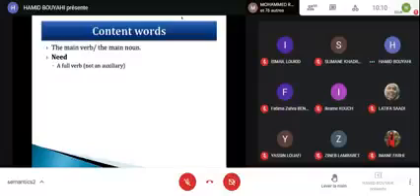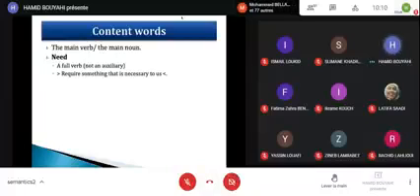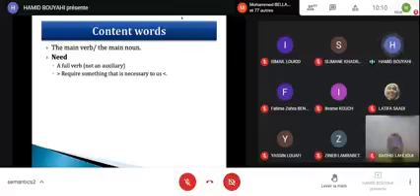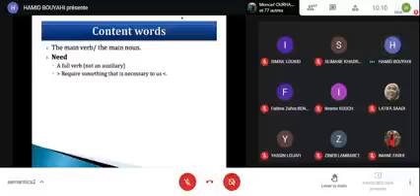Need. So it is a full verb, not an auxiliary. And it means, I had to ask you before, because defining the word need is a bit challenging, it means requires something that is necessary to us. So that will be the definition of need. I think you will have to look at this definition and grasp the way they defined it, because sometimes, or most of the time, it's difficult to define simple words, words that are normally easy to understand.